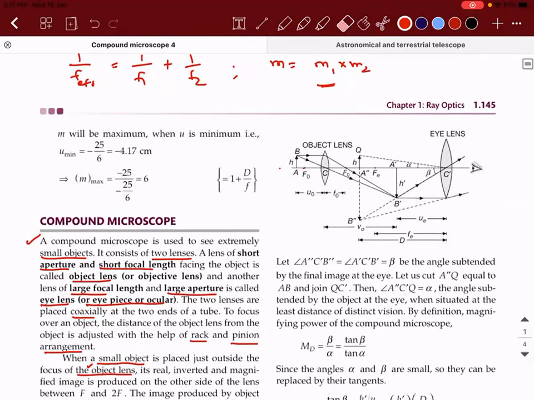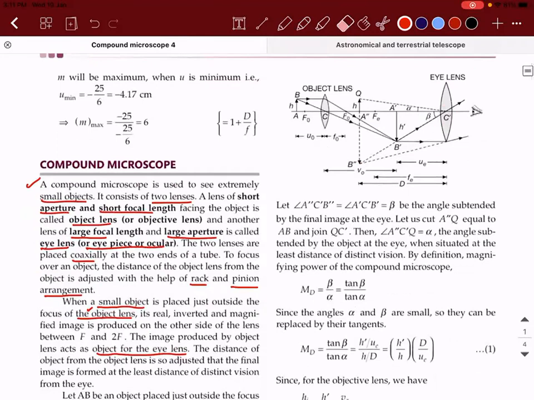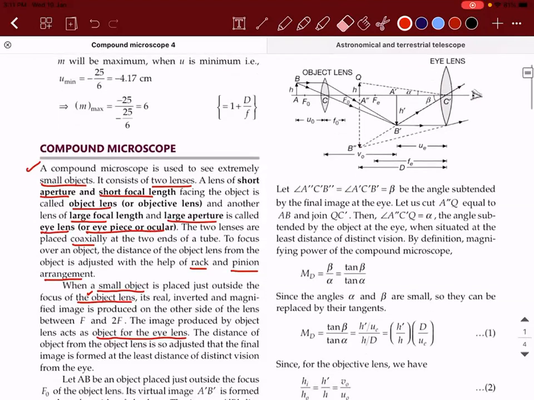Here, the image formed will be in such a way that its position is between the focus of the eyepiece and the optical center, so that this image is further magnified. When it is magnified, the final image is going to get formed at this point, which is A double dash and B double dash. Having said this, we will see how to derive the magnifying power of this particular microscope